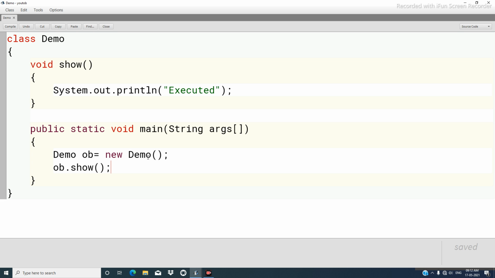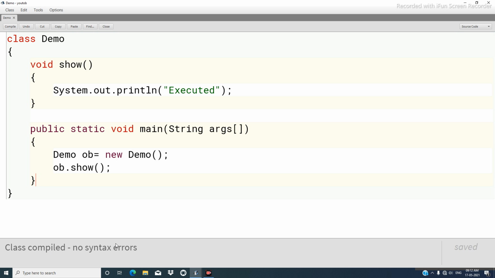So with the help of the constructor, we create an object ob and ob dot show. So the dot over here is known as member selection operator, because this show method is now a member of the class demo. So we call the member show through the object ob. Now let us compile this and find out.